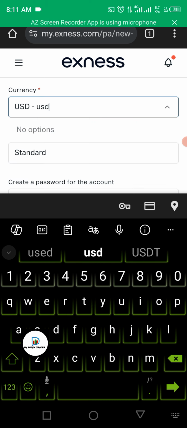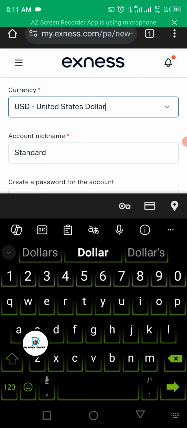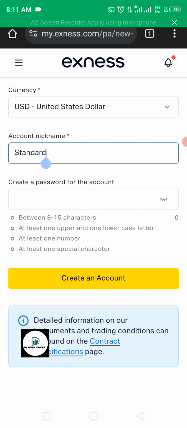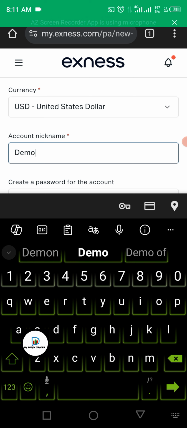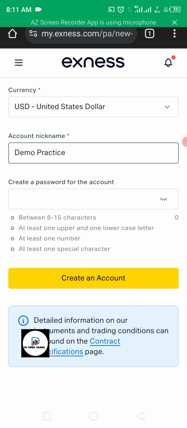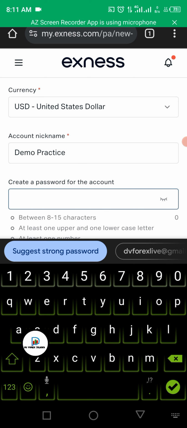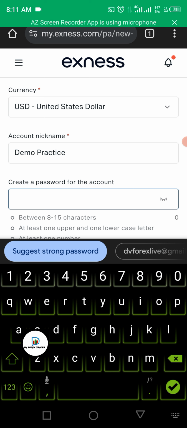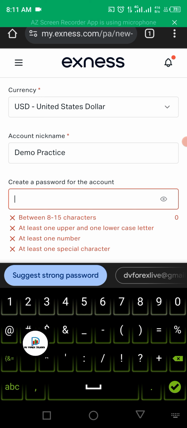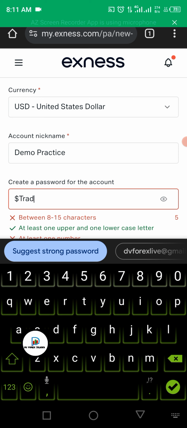USD. Yeah. So you can also rename this one to, let's say, maybe demo practice. Okay. Then you also create a password for this one too. Maybe you can say at, or maybe dollar sign trading 123. Okay,